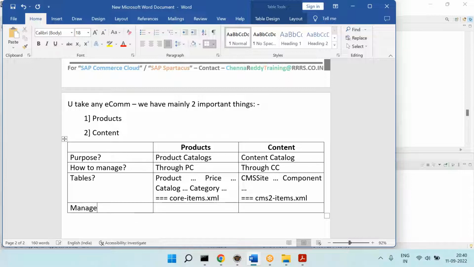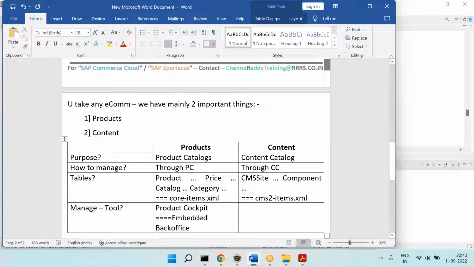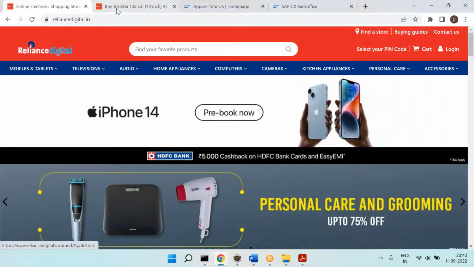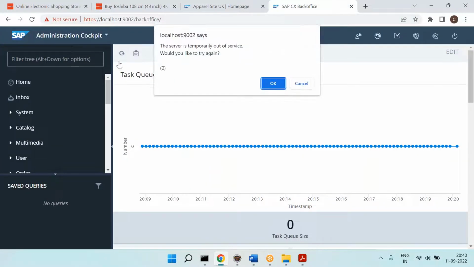Products we manage from which tool? Product Cockpit. Yes, Product Cockpit, and it is embedded within the back office. If you go to the back office, you can see there is a